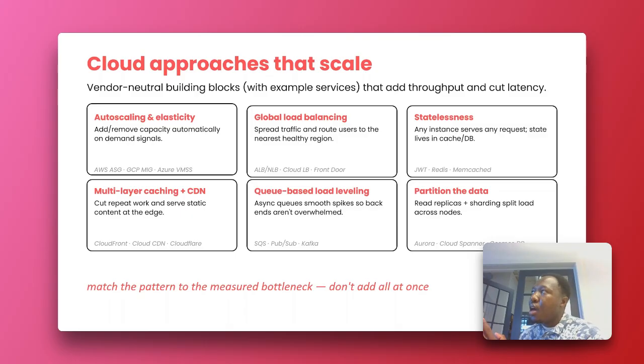The first one is auto scaling and elasticity. There are some cloud services out there that allow you to add or remove capacity depending on how many requests you have. So there's AWS Auto Scaling groups, Google Cloud has managed instance groups, and Azure has VM scaling. I can't remember what that acronym stands for. But these cloud providers do have services that, out of the box, allow you to add or remove nodes in your virtual machine. So if you have one virtual machine running, it can spin up a copy of that virtual machine,